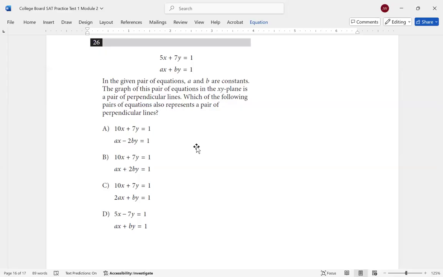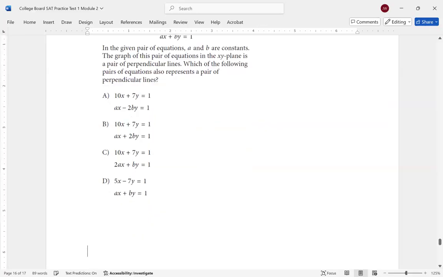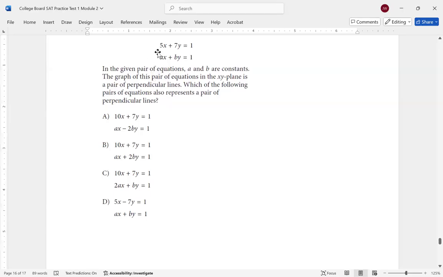And they're using A's and B's here. So what we can do is we can say that because these two are perpendicular lines,